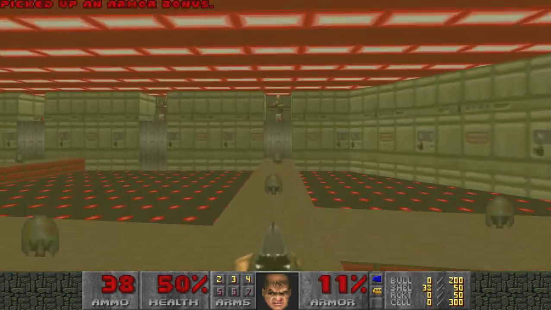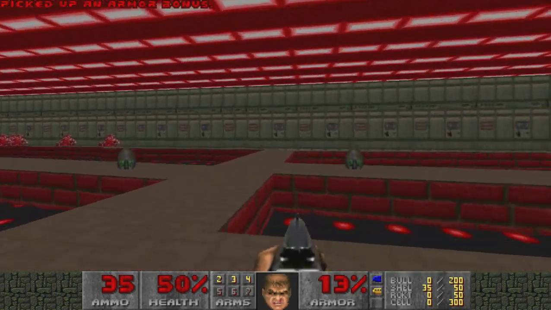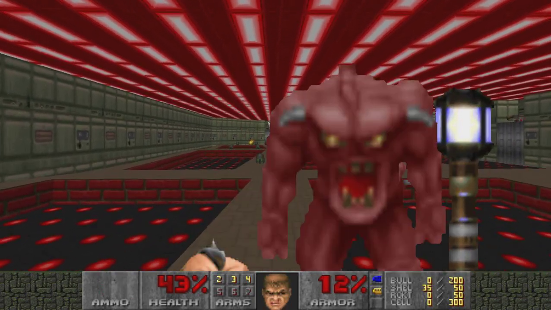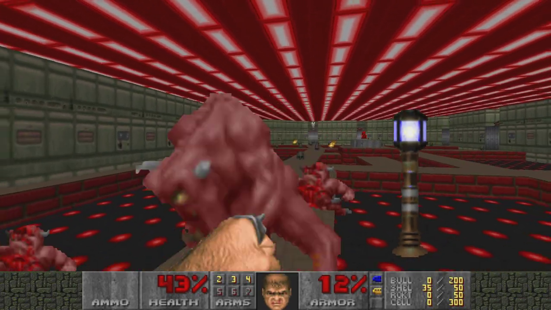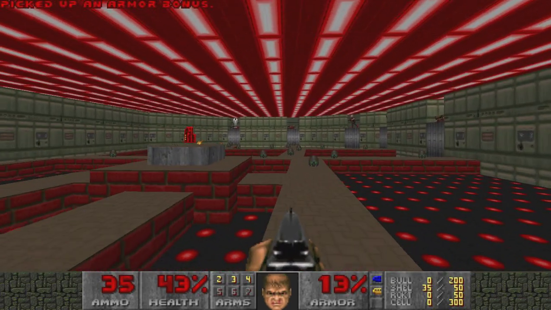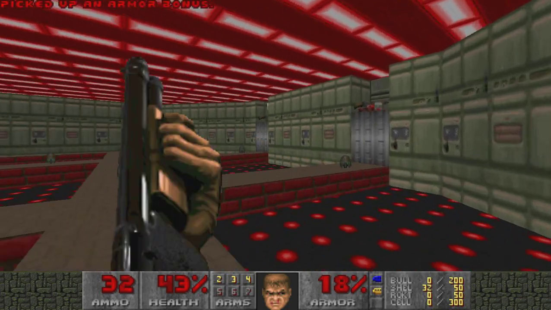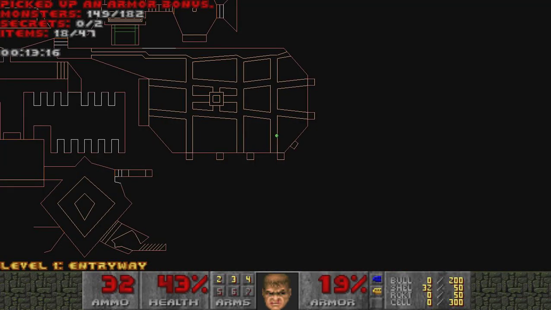This is a little bit exposed. Might be a good spot for a secret invisibility. Maybe there is one. Yeah, these monsters really don't have enough room to move around though. That's why they're not really acting at all. This one's stuck, I think. This one was at an angle, so that to me suggests